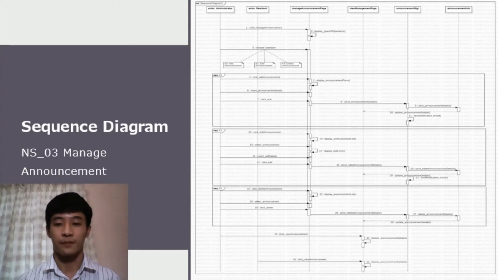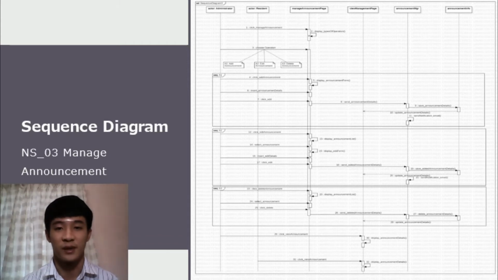Then the manage announcement page will send the announcement details to the announce manager, and the announce manager will do the same thing, saving the edited details into the announce info. Then the announce info will update the new announcement details at the view management page by sending a reply message to it. And same as last time, the announce manager will send a notification email